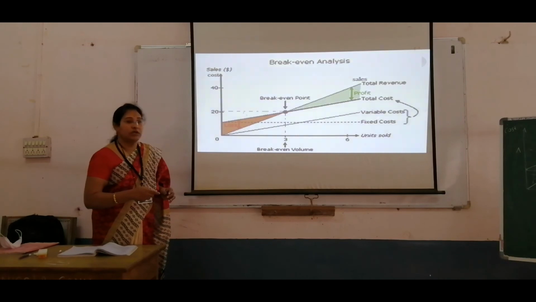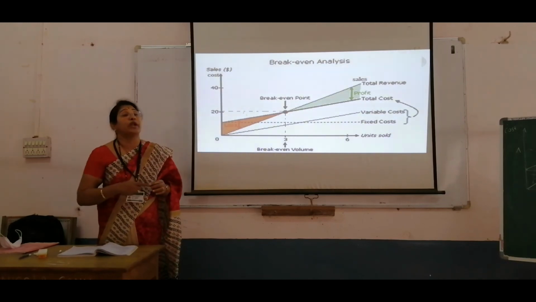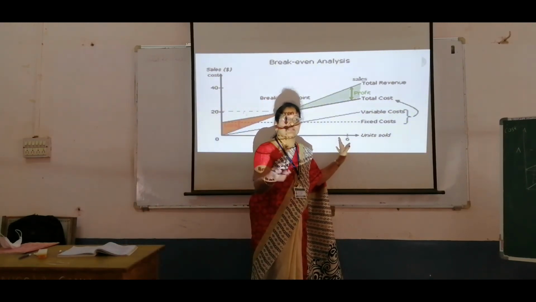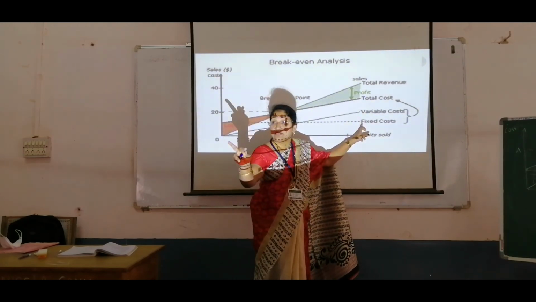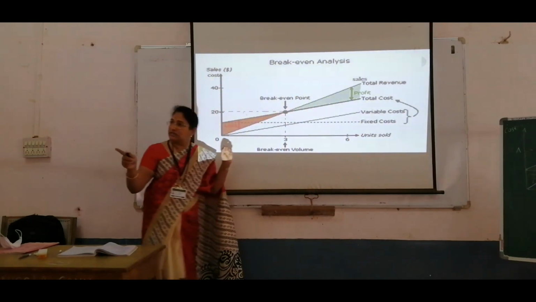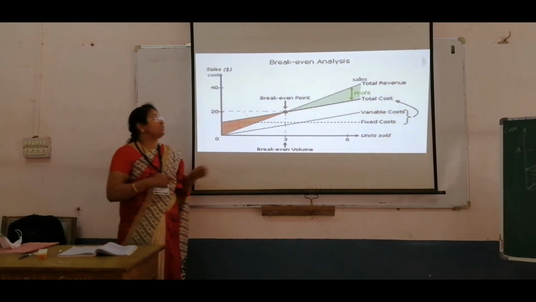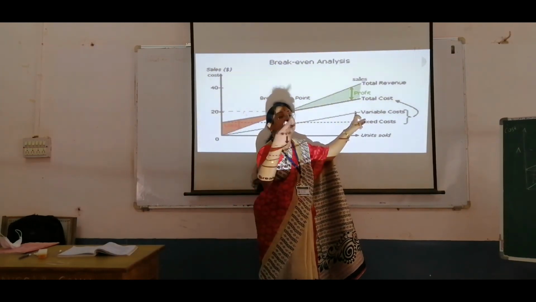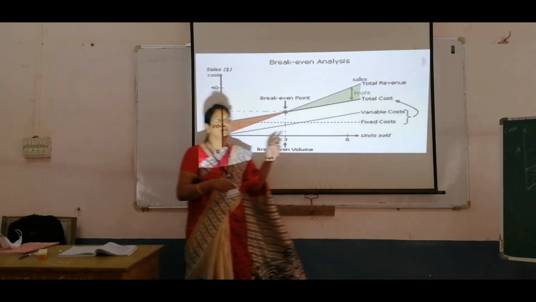You can see this. Fixed cost is constant irrespective of volume of production. So volume of production is this line. Whether the volume increases, quantity increases or decreases, the fixed cost remains same. Is this clear? Next comes variable cost. Variable cost, you can see that it is varying as or it is increasing as the volume increases, quantity increases.